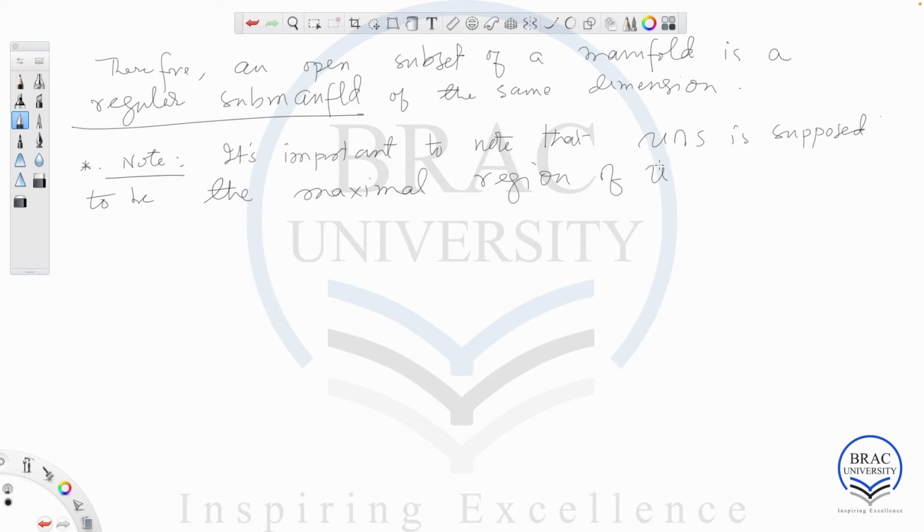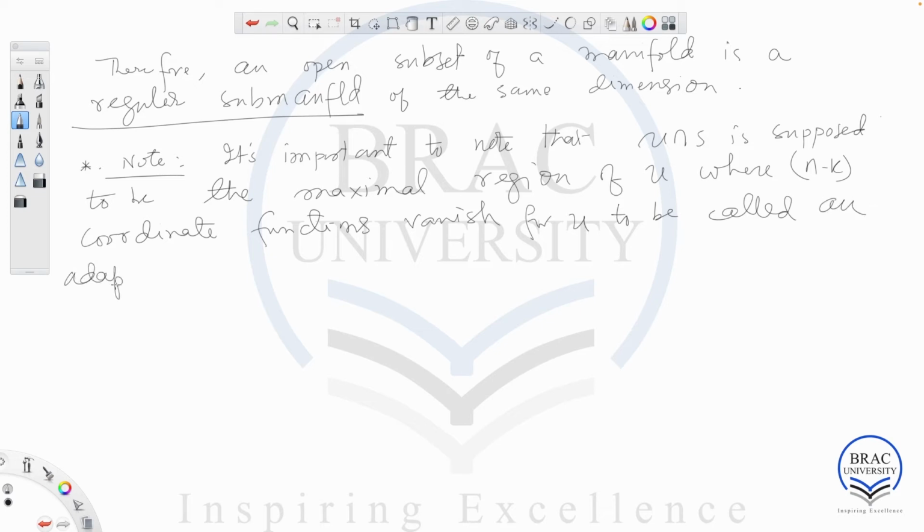Region of U where n minus k coordinate functions vanish, for U to be called an adapted chart, an adapted chart relative to S. Okay, so